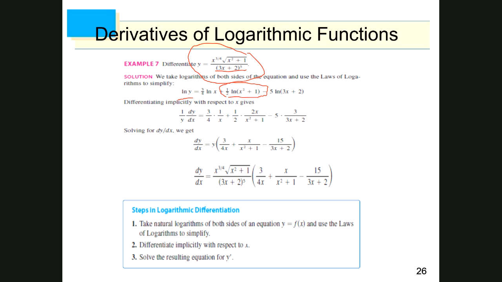Again, here, if you have ln of x to the power 3 over 4, take the 3 over 4 in front of the ln. Once you simplify it as far as possible, so that the power here is 1, the power here is 1, the power of x here is 1,